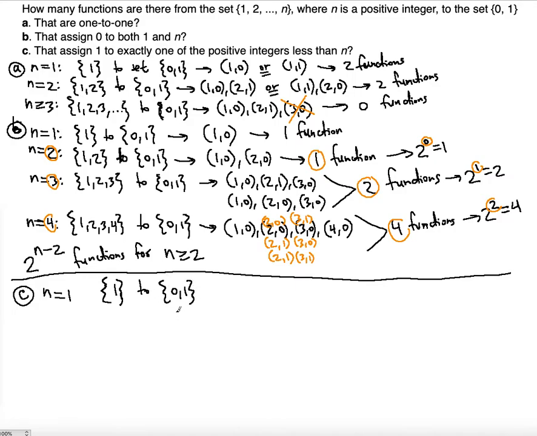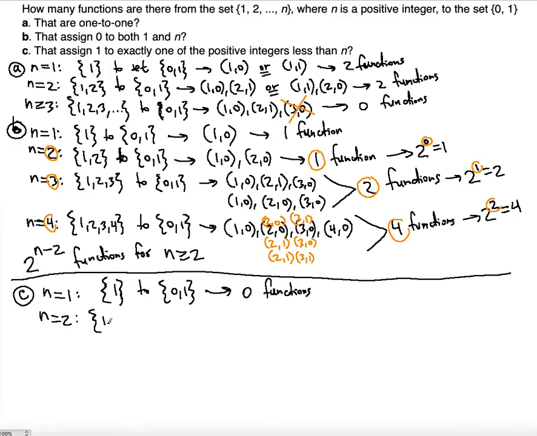Okay, so in this case, we need to find one of the positive integers less than n. N is the one value, and less than that there's nothing else, right? That's the only element. So if we can't map anything less than 1, there's no function available. So the answer here is no function, 0 functions. None. When n is equal to 2,